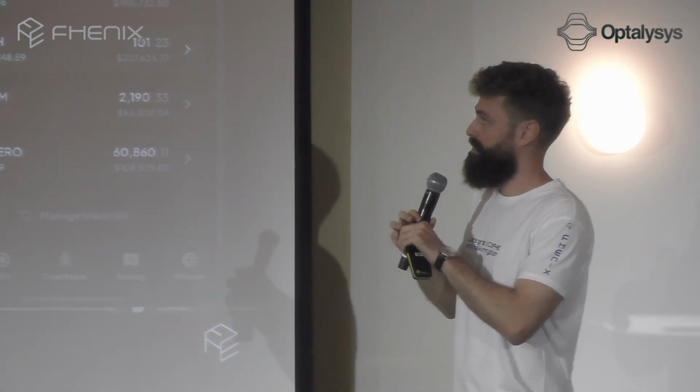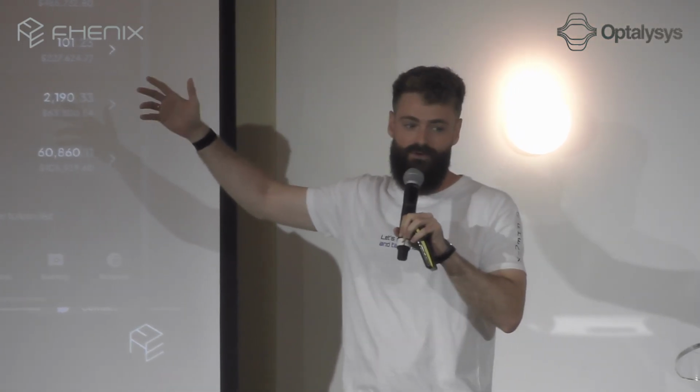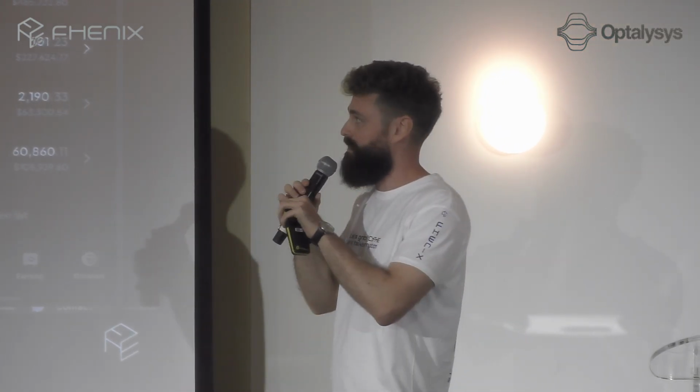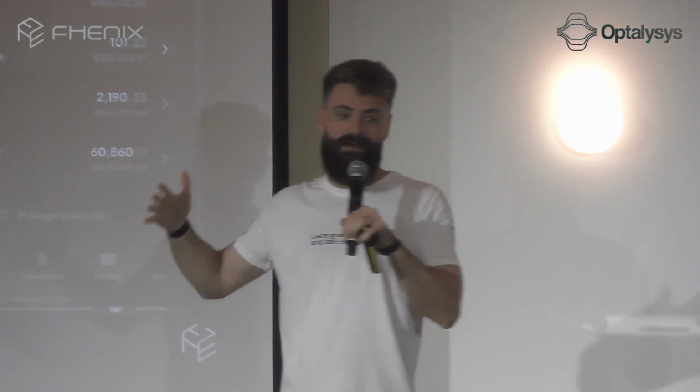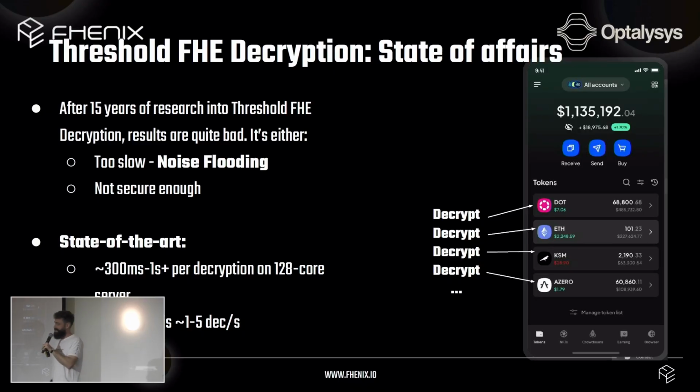One issue is, let's look at what we have for threshold FHE decryption currently. After so many years in research, we basically have two options to choose from. It's either very slow or not secure enough. And we obviously don't want to go with the not secure enough option, since we were doing encryption. We have to go to the too slow option. I won't get too deep into it, but just remember the name. I'm calling it slow, but it's currently the state of the art, using a technique called noise flooding.